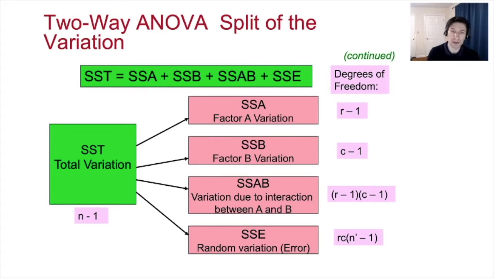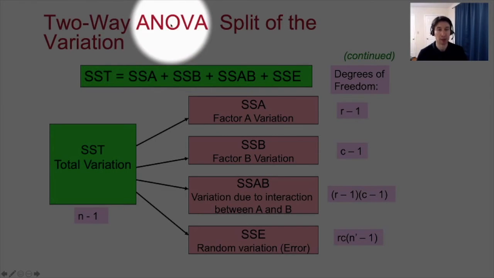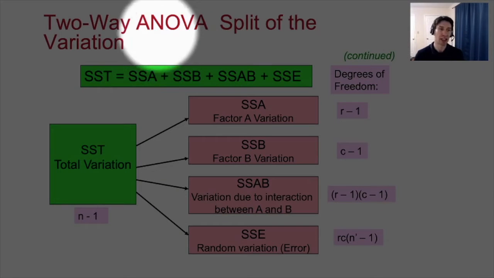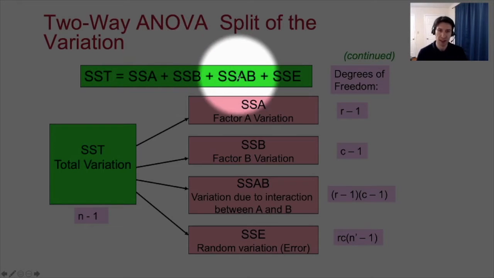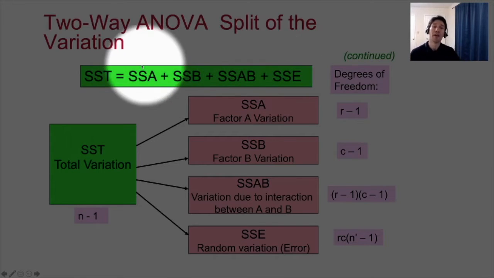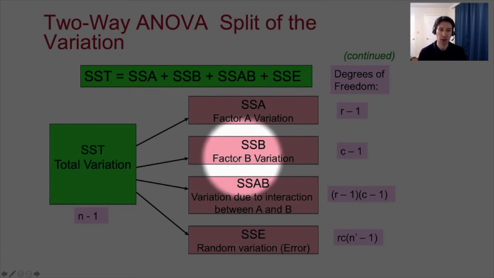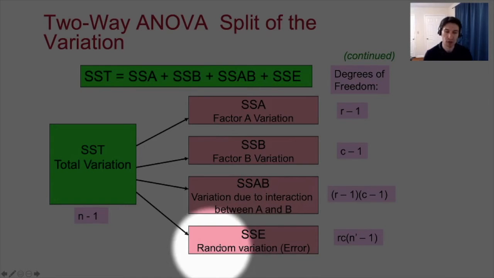So here's another slide you need to be very familiar with. It's the one for the two-way ANOVA. How does the two-way ANOVA split the variation? Well, it's just a little bit more complicated. Instead of having SSA and SSW, it has SSA, SSB, SSAB, and SSE, okay? 4 components. So variation from factor A, variation from factor B, variation from the interaction, and then the random variation